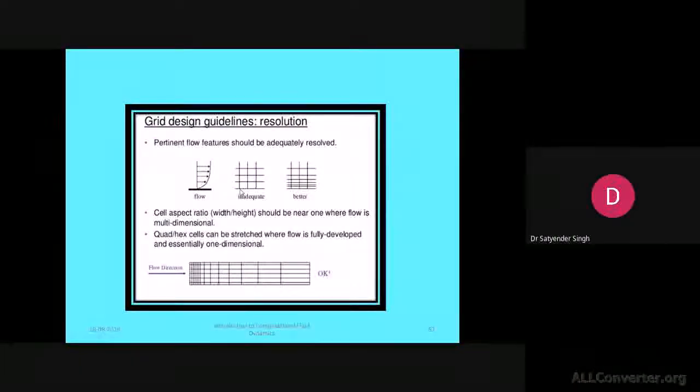So the mesh also has to be changed according to the flow problem. Let's say flow over a flat plate, then you also have to capture the velocity gradient in the y direction. Then this will be the better way to represent the mesh there. Meaning you must provide some clustering near the wall.